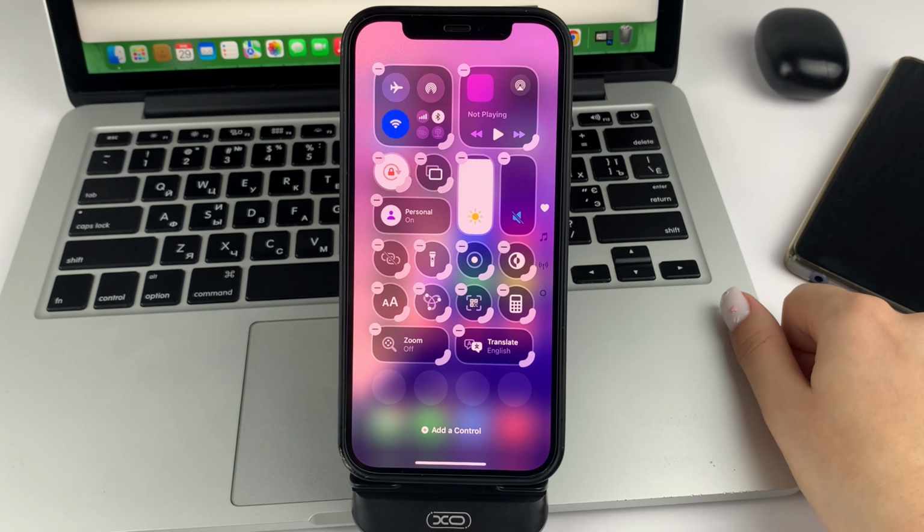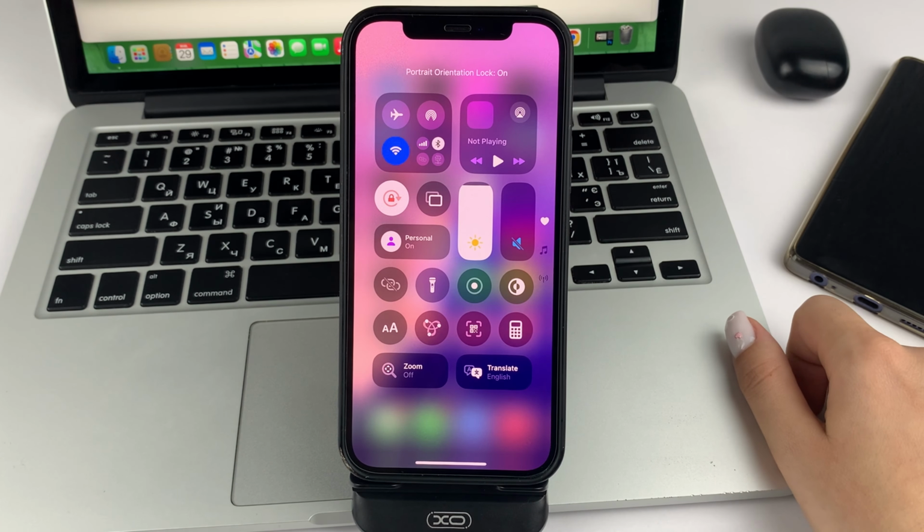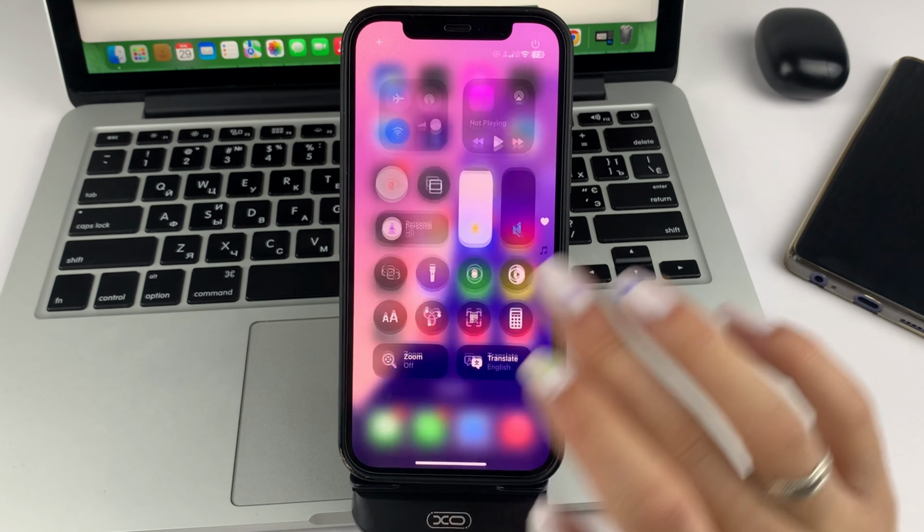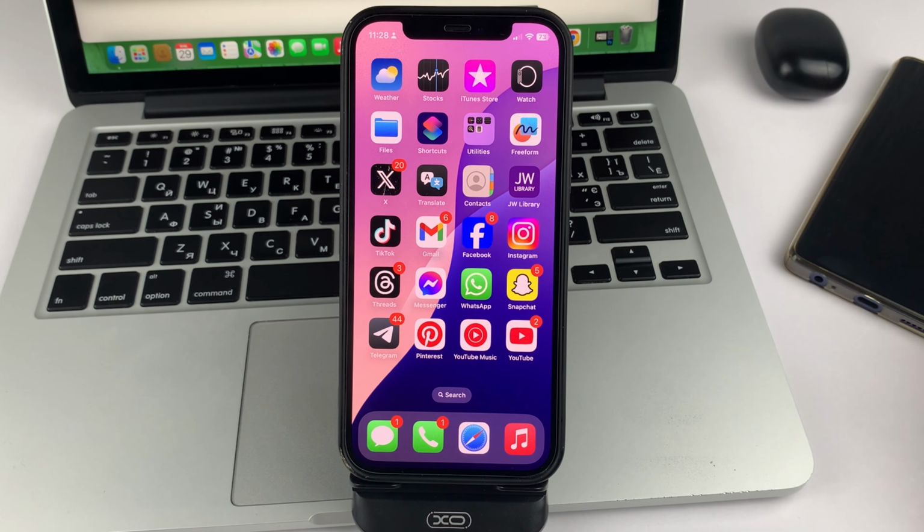And then you'll come back to a menu like this. And you'll just need to click on it to turn it to red, so you can turn that off. The next time you log on to a website or watch a YouTube video and flip your iPhone, the video or information on the website will not rotate. This is a quick and easy method, friends. You can turn off the automatic.